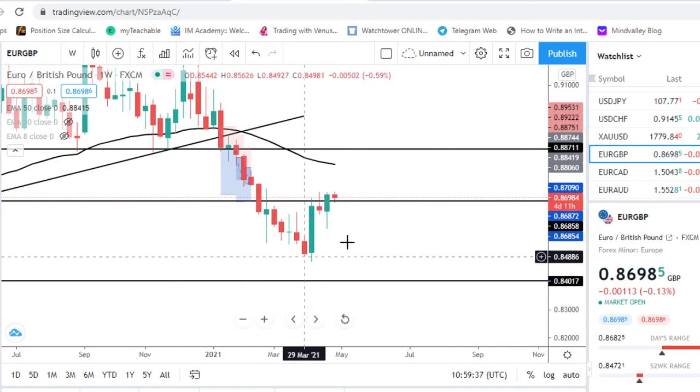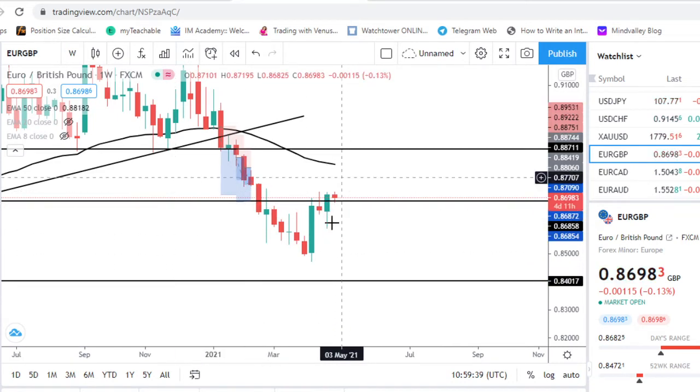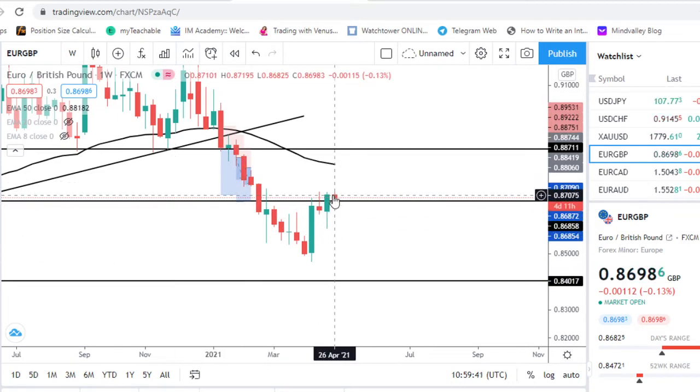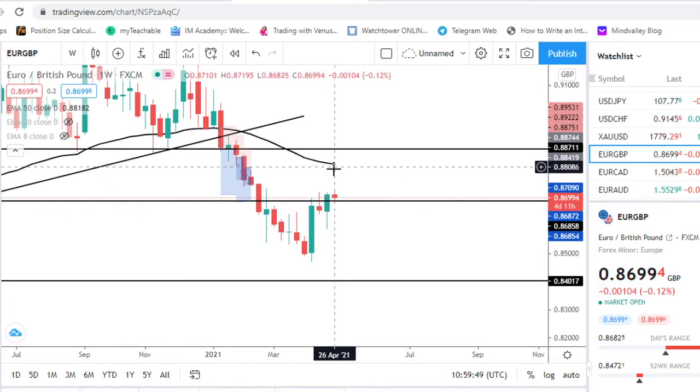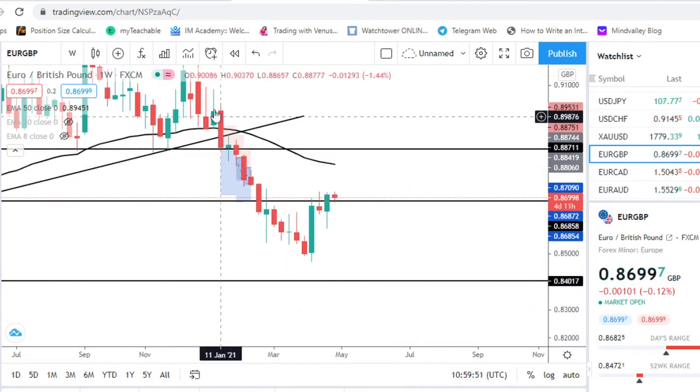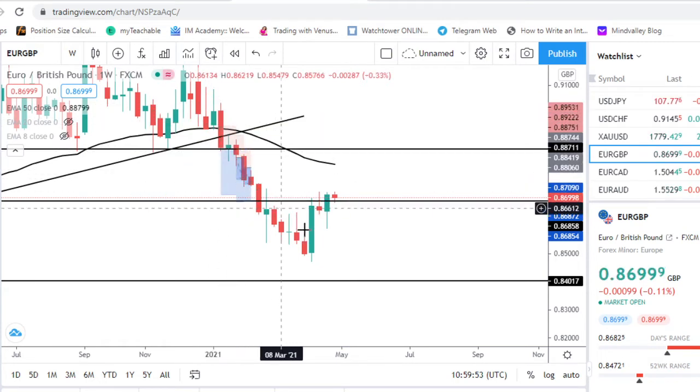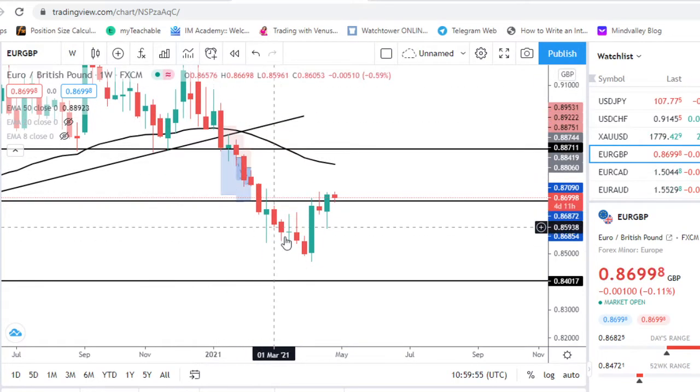So Euro GBP, looking at the candle that closed last week, it's more bullish, and so it is likely going to be bullish. It may also remain neutral around this place, and if it's going to be bullish, it may get all the way to around the 50 moving average and then continue its way down. But looking at this main push here, we see that the main trend is down.